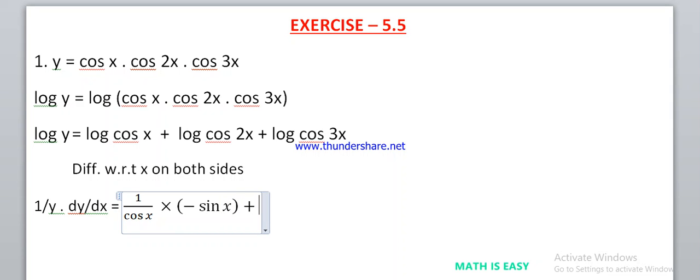Now second term, if I differentiate log cos 2x, here cos 2x I will take it as theta, it will be log theta. According to the log theta, 1 upon cos 2x into derivative of cos 2x will be minus sin 2x